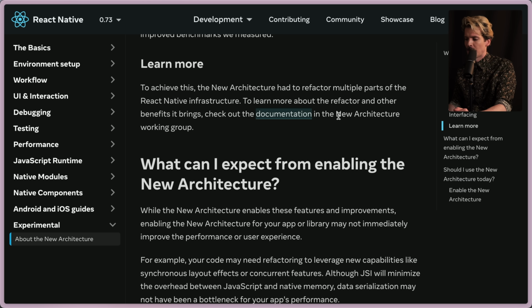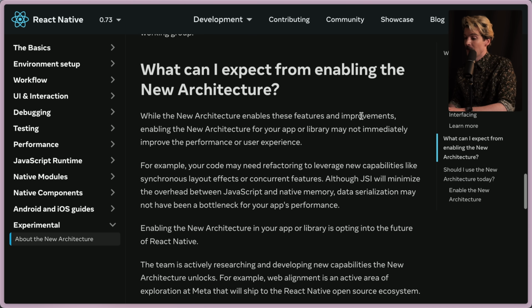It's been a huge shift from not just how I think of React, but how I think of web frameworks as a whole. It's really cool to see. So what can we actually expect from enabling this new architecture? Well, the new architecture